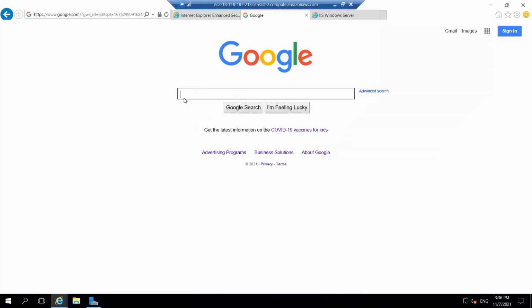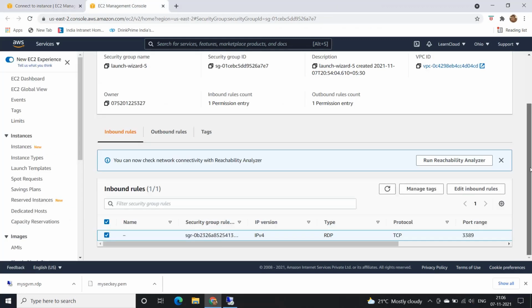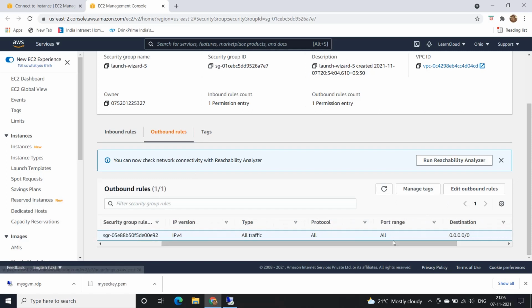Okay, so what that means is, if the traffic is allowed in one direction, the response of the traffic flows over that particular connection irrespective of what is defined in the other rule, which is inbound or outbound. So if you can see, google.com runs on HTTPS, right? Correct. So if you go to the security groups, and as you can see in the outbound rules, all traffic is allowed, right?